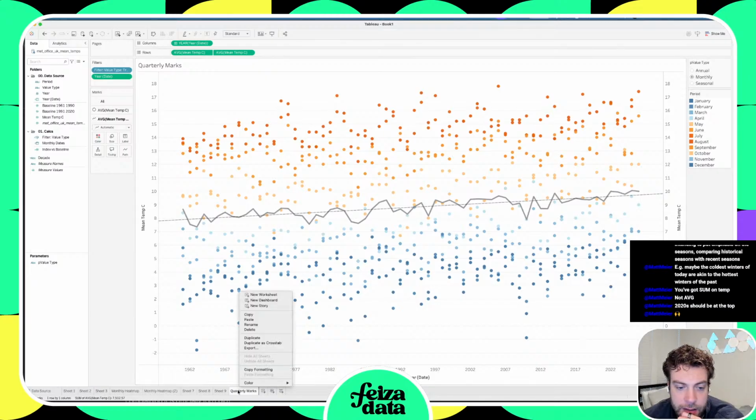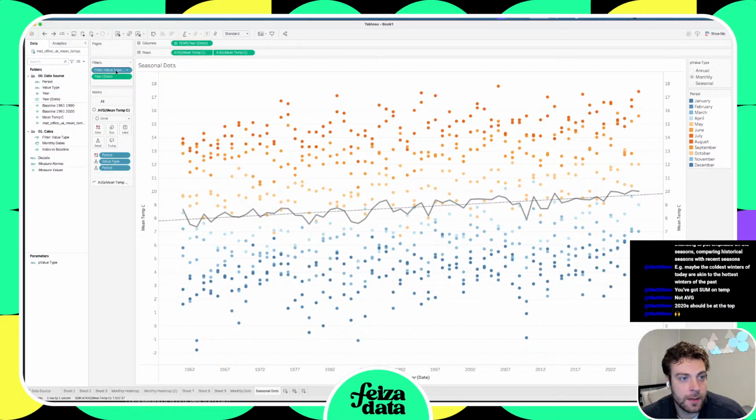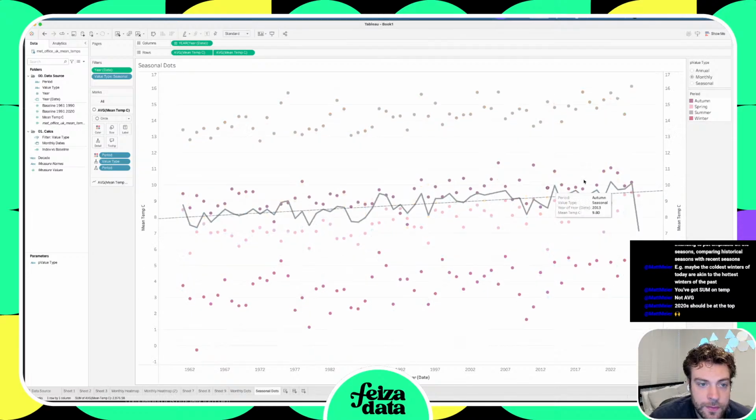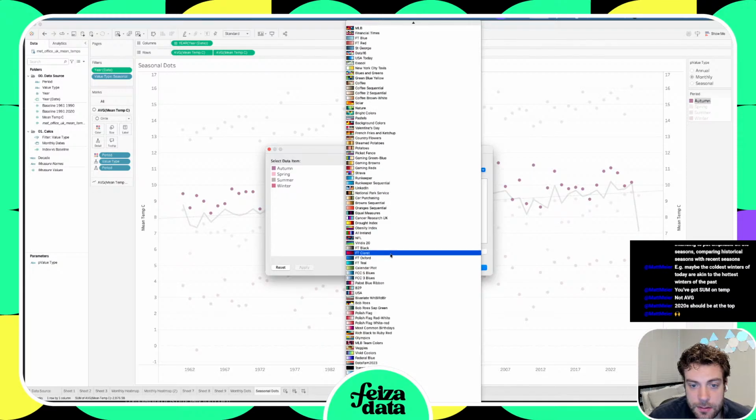And then what if we had, actually, here we go. If we had this, and then we had one that was like seasonal, quarterly, I'll just call this monthly dots, and then seasonal dots. And then we did one of these where instead of fanning out by period, I guess we still fan out by period, but instead of using this, we filter our value type to seasonal. And then we can update our seasons to